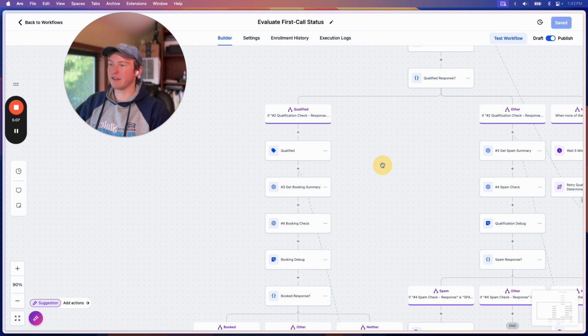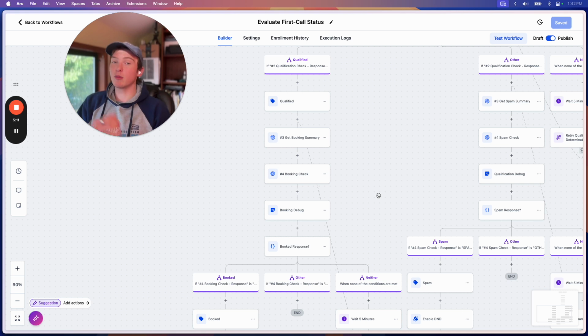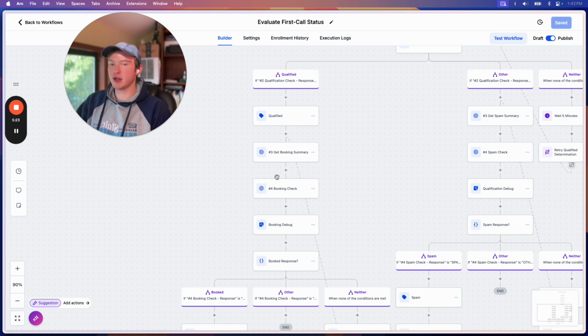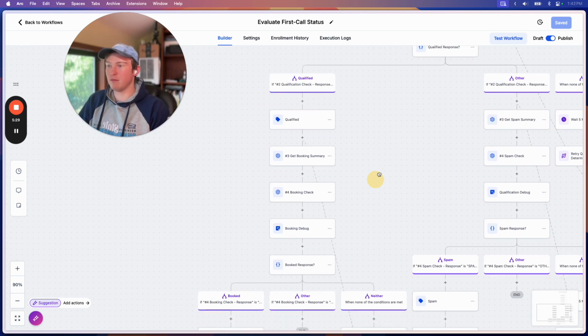Then, as far as the qualification goes, if they're qualified, we're going to mark them as qualified, and then we're going to check if they're booked. For your business, this may vary. Maybe it's important that they're a business owner, maybe it's important that they're the director of finance or some certain position. So what you can do here is ask for the specific details that tell you how the call went, and whether it's worth moving on.